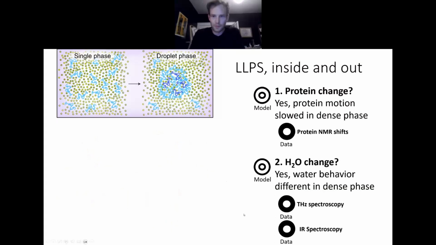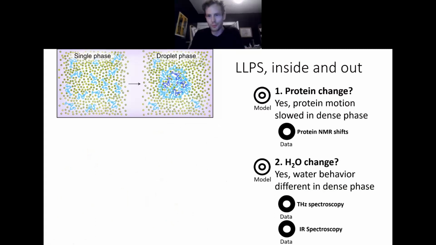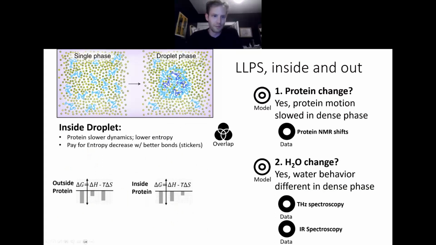So between these data, we can start to put together a loose picture. Inside the droplet, the protein has slower dynamics and lower entropy, as told to us by the NMR, and we pay for the entropy decrease, the ordering in the droplet phase, with better bonds or stickers. So this looks like at equilibrium, your delta G is the same, but outside the droplet you have poorer bonds and more disorder, whereas inside the droplet you have less disorder, but you pay for that